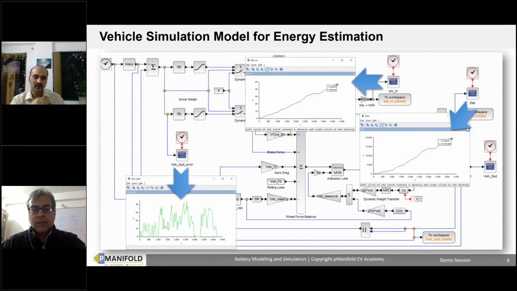And then there would also be assignments for each module. So there are 3 modules. The first module is the battery basics, the second is the controller, and the third module is the simulation and understanding the results. So modeling, simulation, and understanding the results. That's the third module. So each module will have an assignment. So there will be 3 assignments, and there will be a week's time to do those assignments. All those assignments will also be focused towards having you understand different aspects of modeling the batteries as well as the vehicle.